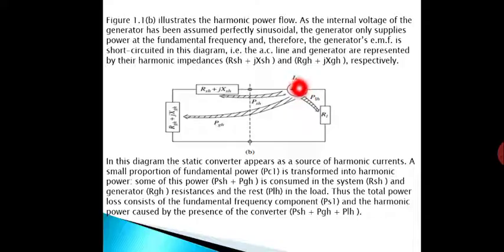Some of this source will go to the RSH, some of the source will go to the RGH, and some of the source will go to the RL. That is, the static converter will become the source of harmonics, and from that source the harmonics will go,